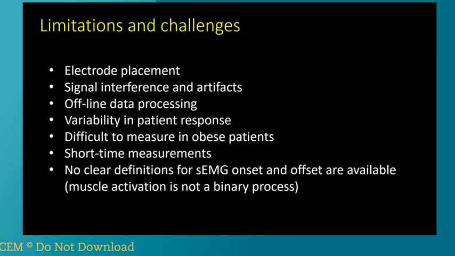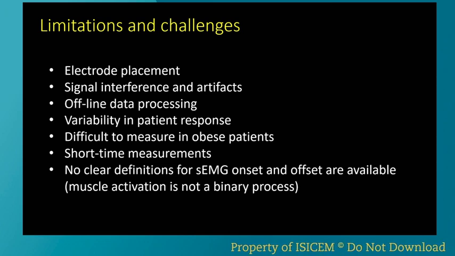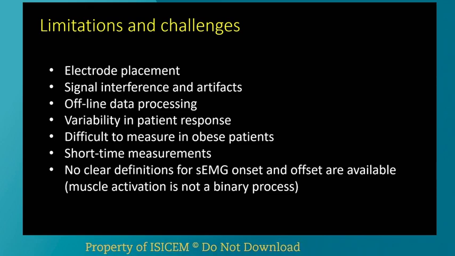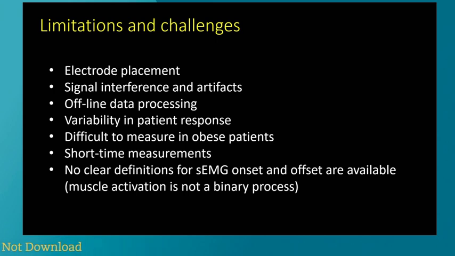There are a lot of limitations, and this is almost my last slide, that we have to take into account when applying this technology. The first thing is, where do we place the electrode? There is a lot of interference and artifacts, so we have to filter the signal. This leads to some kind of offline data processing. Patient variability is something that is common in almost all the problems that we have in the ICU. Of course, in obese patients it is much more difficult to obtain a reliable signal, and the measurements are short in time,